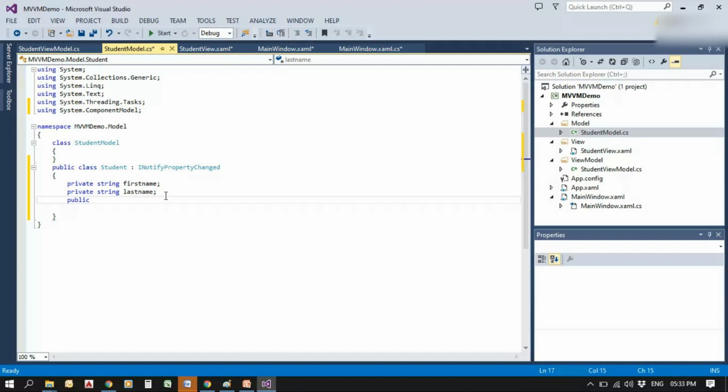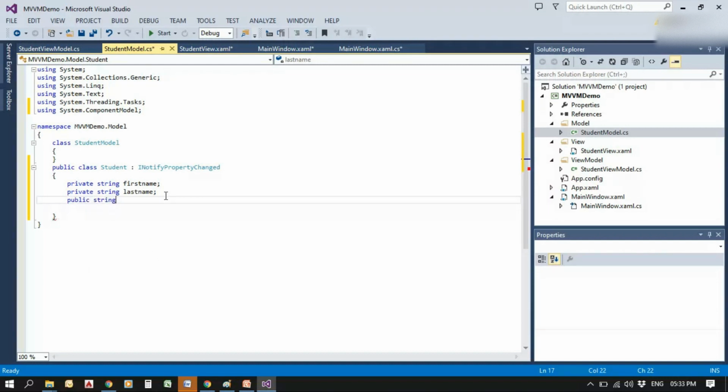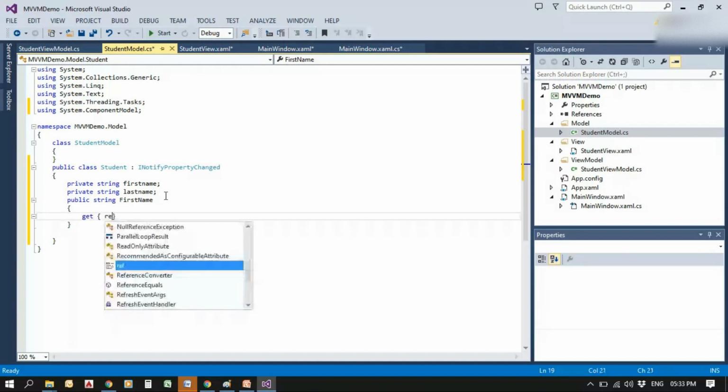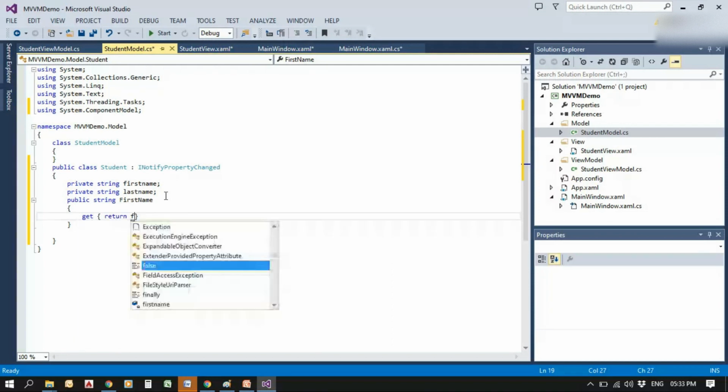So private string firstName and lastName are the private strings. To access these private strings, we are using another string which starts with capital letters, FirstName and LastName, using get and set functions. So get will be used for returning the value. So FirstName will be returning.